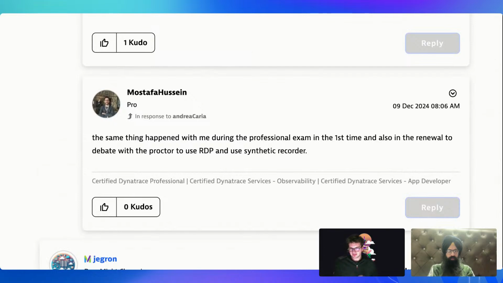So I think this is a pretty good post that we wanted to feature today. And that's actually the reason why we picked this question, because the question itself is from 2023. Mustafa is the reason why we are actually talking about this question. Exactly. So Mustafa actually posted this last month,